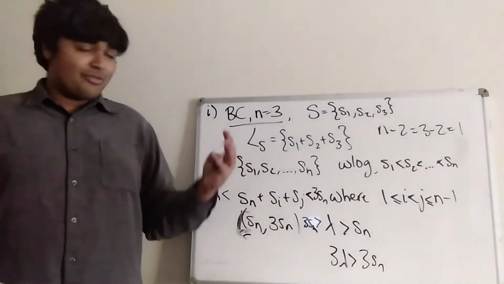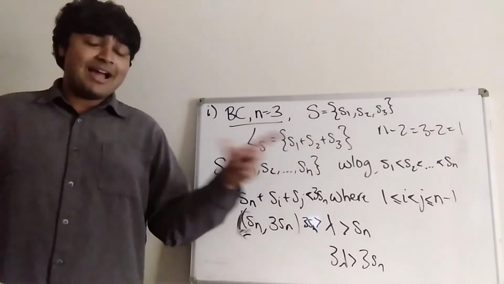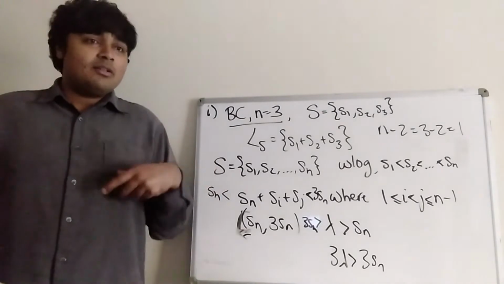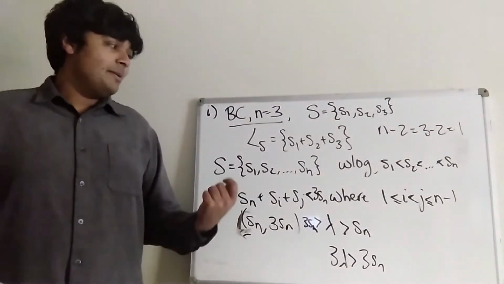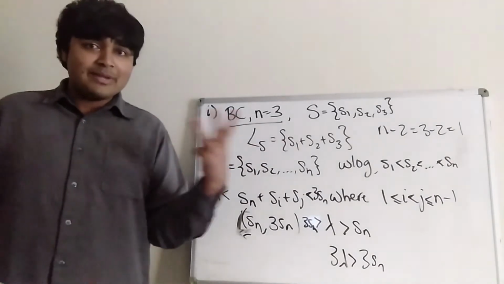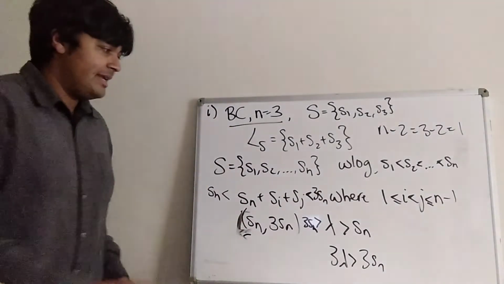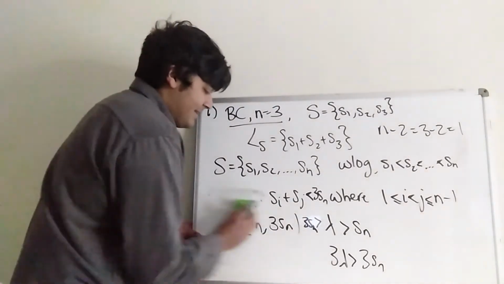Hence, when we take 3 elements from this set here, if one of them is Sn and we're adding them up, there's only 1 power of 3 it could possibly be. Hence, when we look at Sn and include that in our 3-way sum, it's only ever going to contribute at most 1 power of 3 to Ls. So that means